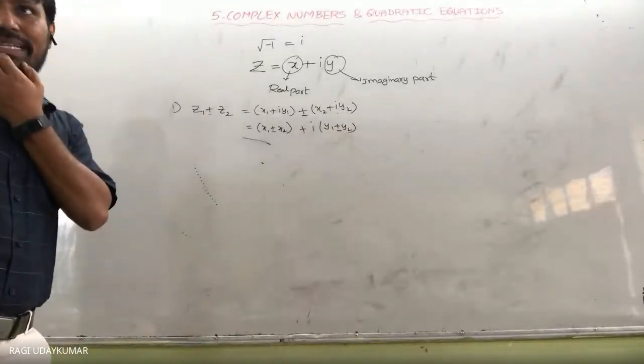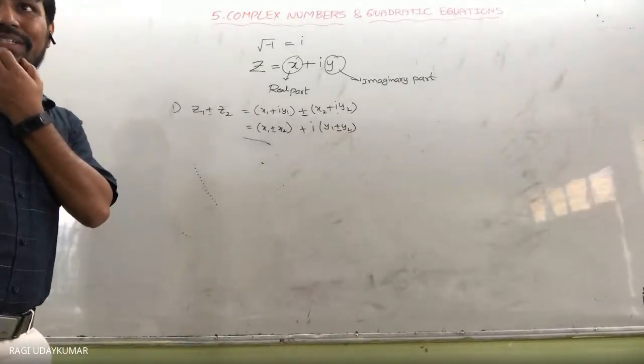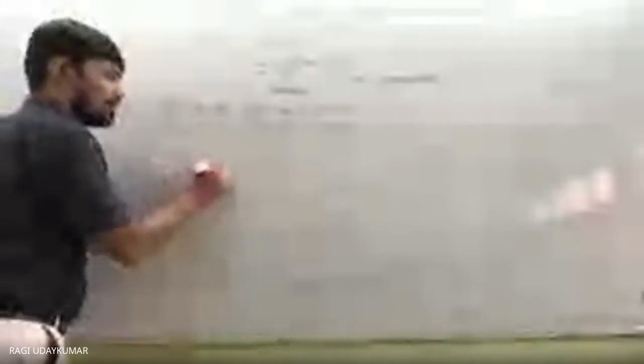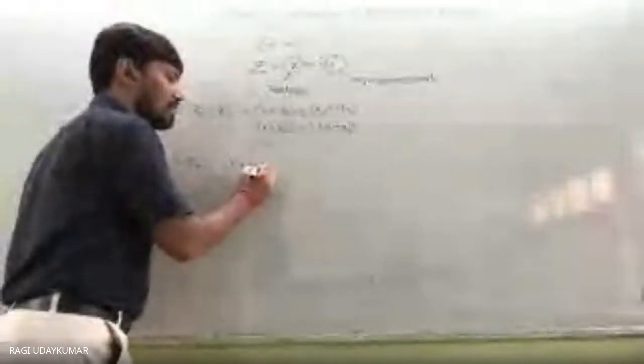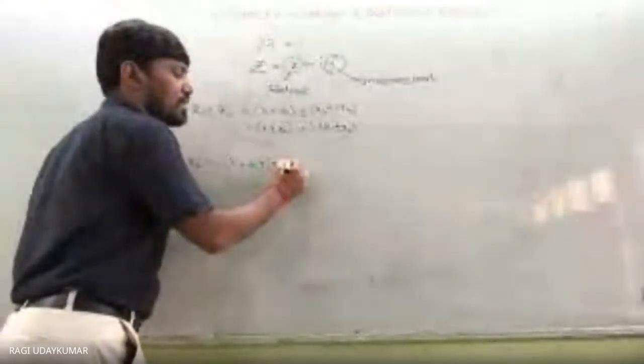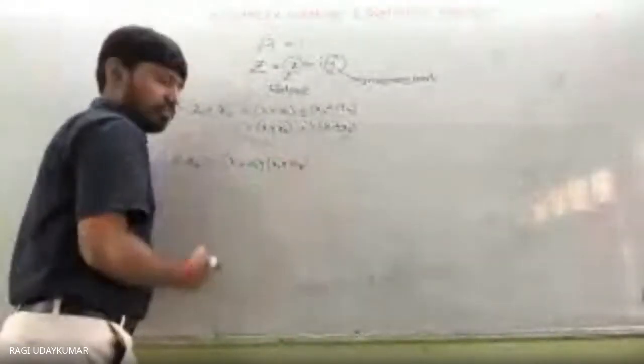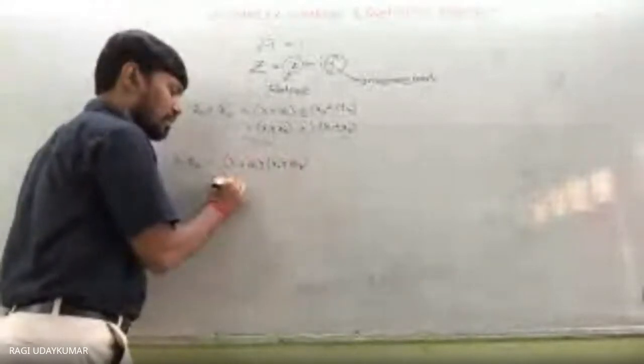if you are having a minus, the difference of the two complex numbers. Product of the two complex numbers means, suppose you are taking z1 into z2. So two complex numbers product, whenever you are considering it, x1 plus iy1 into x2 plus iy2. So x1 and x2 should be multiplied.